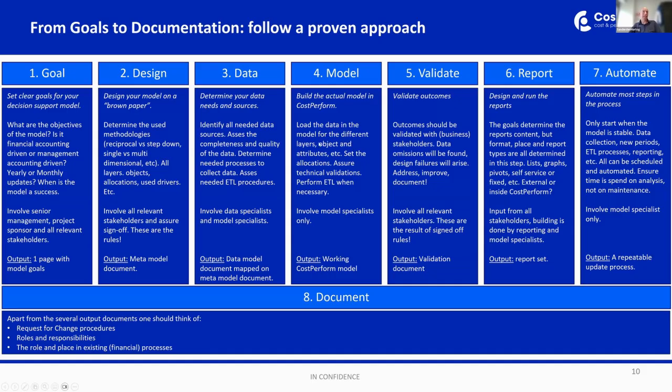Once you've chosen, the actual building of the model, even in CostPerform, is not taking too much time. I always say, if you start from scratch, this whole project probably takes somewhere between 4 and 7 to 8 months. But the actual modeling, building it in CostPerform, if you have a somewhat sophisticated and mature team, they can do in 4 to 6 weeks. So this isn't the biggest step. It's the steps before that which are the biggest.